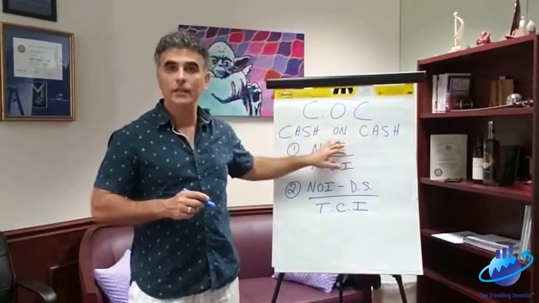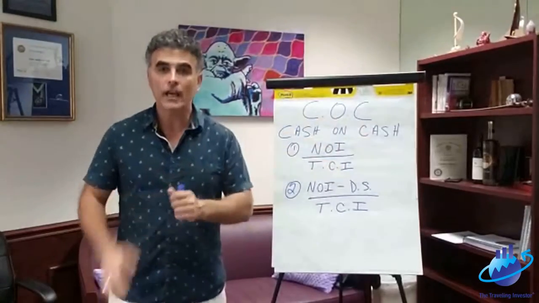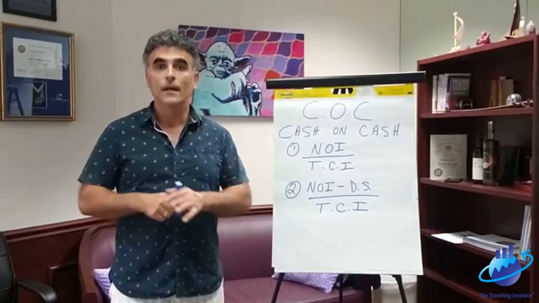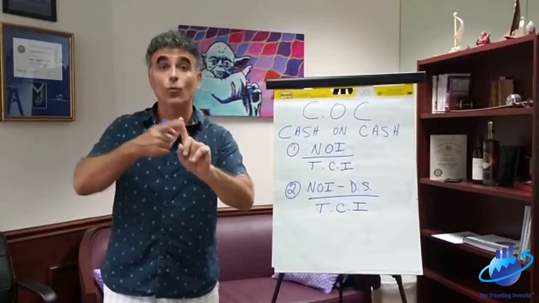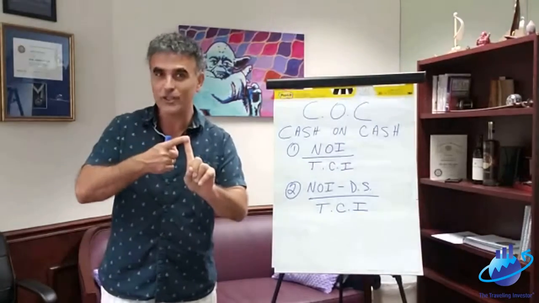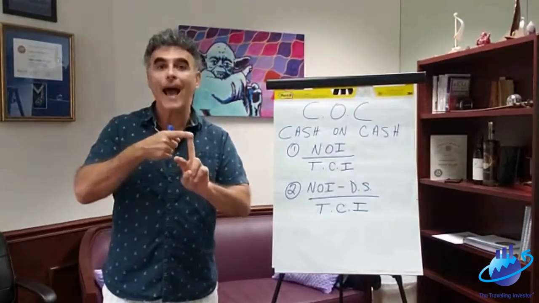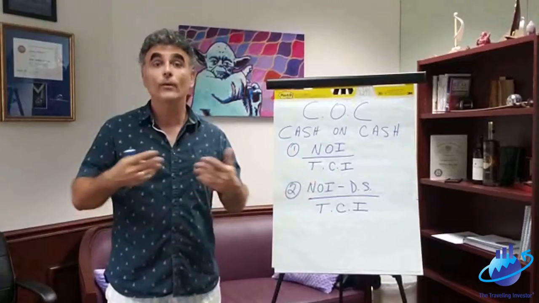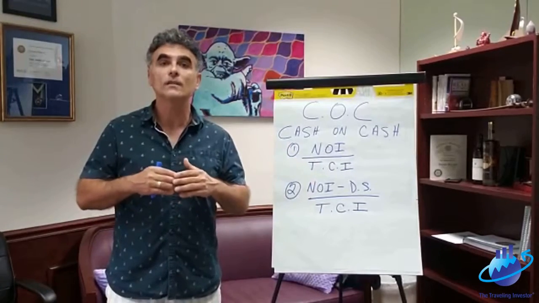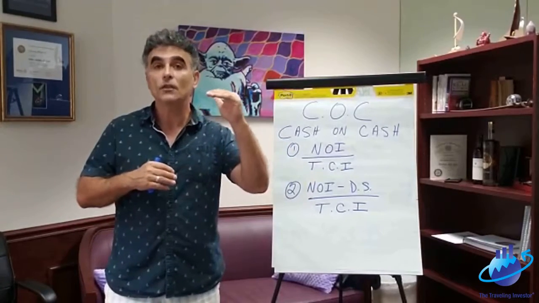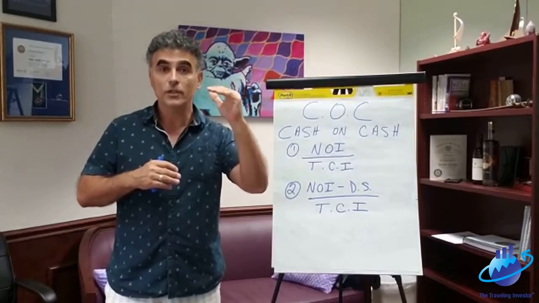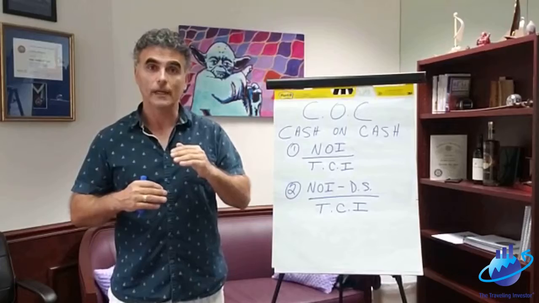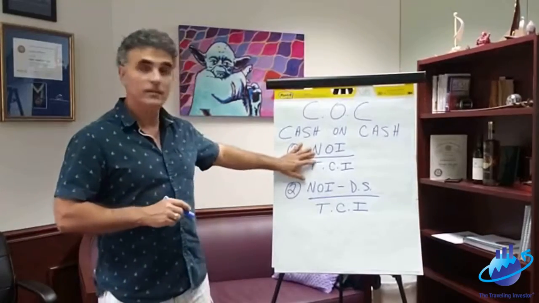So cash on cash means how much cash am I putting out versus how much cash is coming back into me. Now there's two ways of calculating that. One is with the debt service, the mortgage payment, and one is without the mortgage payment. Because sometimes we buy an asset and we don't have a mortgage payment, or we want to see what is our pre-debt service income and ratio versus our post-debt service, right? There's two ways of calculating it, right?